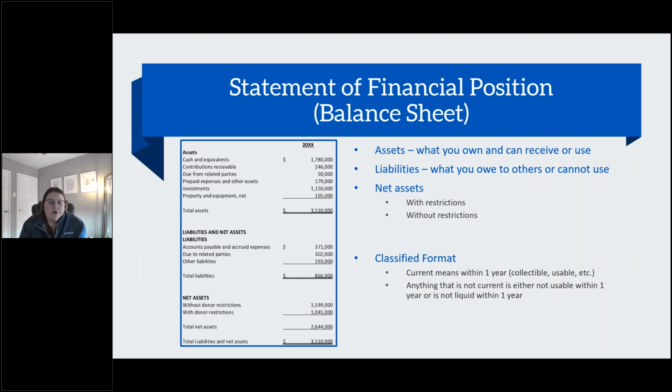And just a quick note, this is an unclassified format that you're seeing in front of you. Basically, you'll see this is just showing your total assets, your total liabilities. There is also something called a classified format, which would break that into current and non-current, current being 1 year or less. So if you have a current portion of your mortgage, that's what will be due in 1 year, versus your non-current, everything after